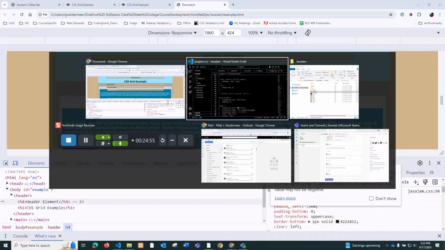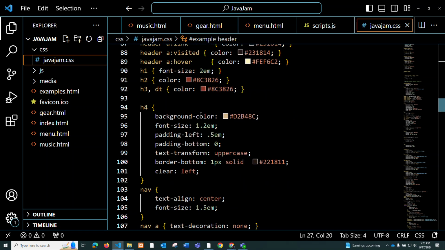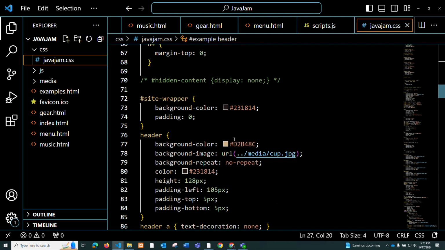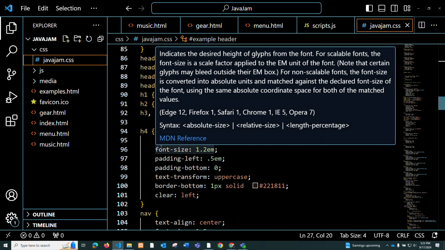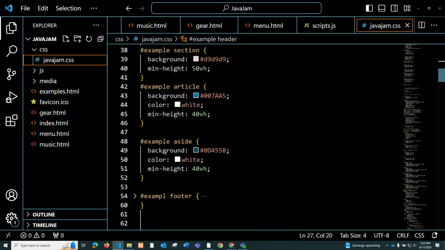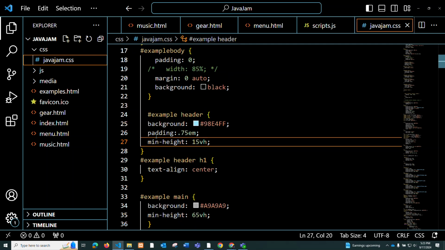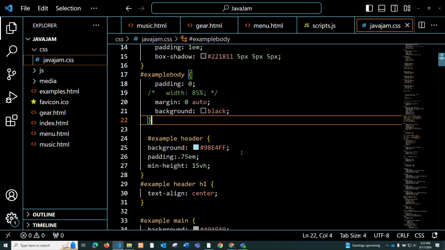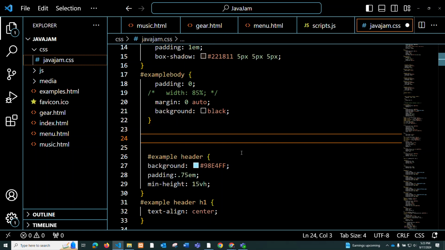If we wanted to change that H4, we could change the background color here, but just remember that that's going to change it for all H4 elements on the page. If we wanted to be more specific, we could come back up here to where we added that example ID. You generally want to put all of your code that's specific to a certain page together. So we can type in this ID, give it a space,